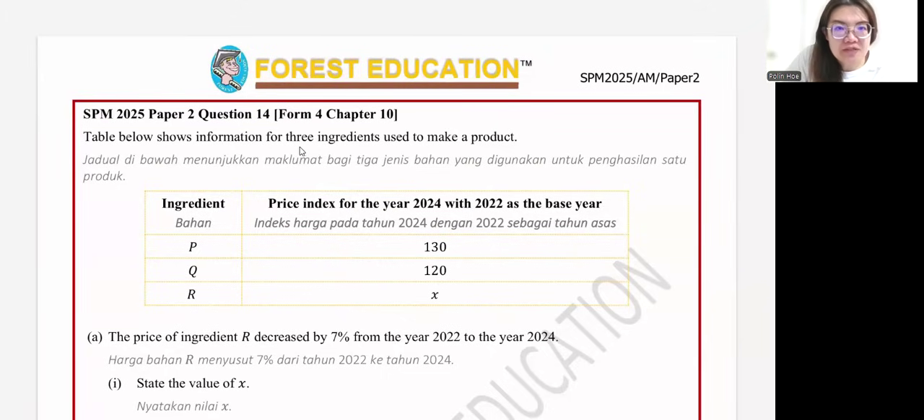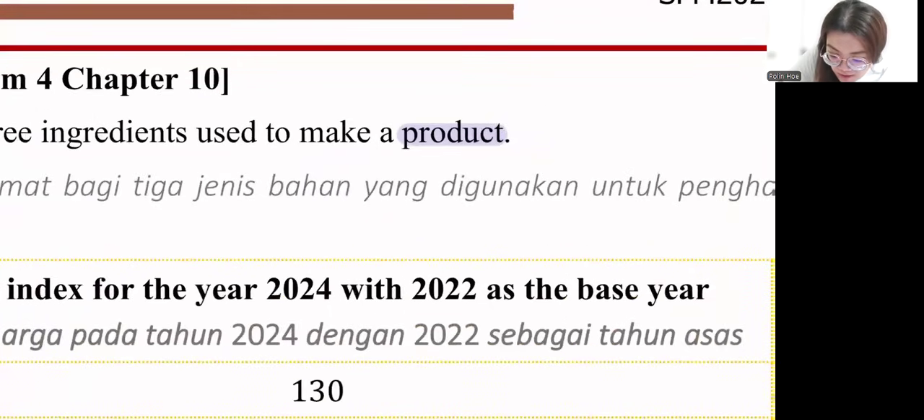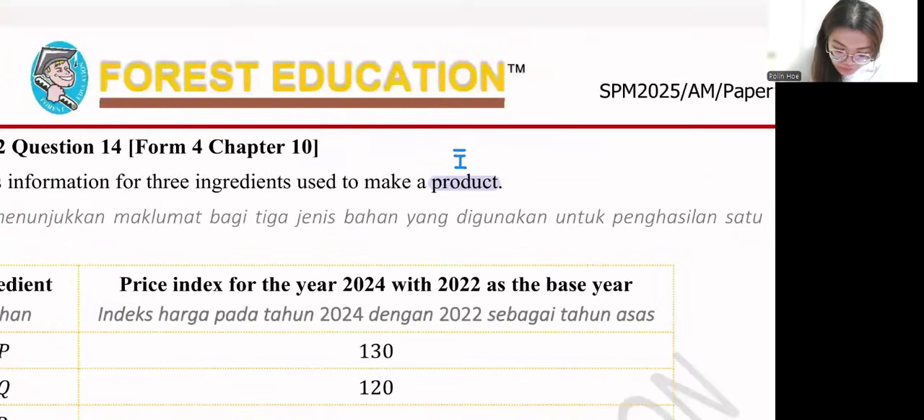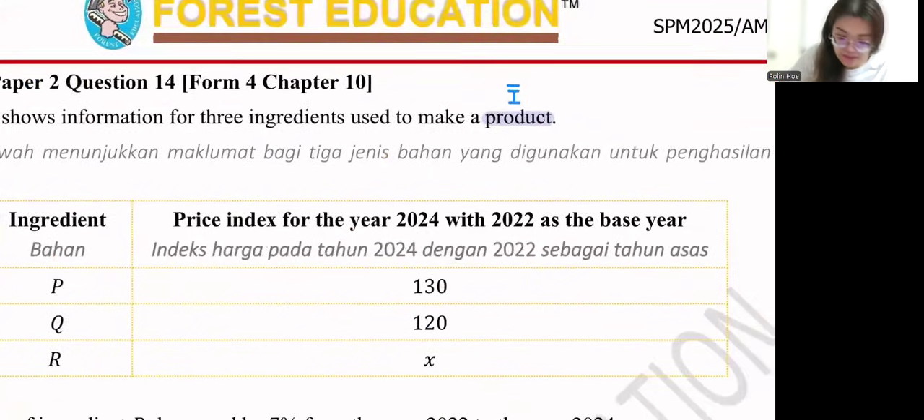Table below shows information of 3 ingredients used to make a product. Can you please highlight the word product? 这个是 composite index. Okay? When you see the word about the product, then you need to find composite index. If you see ingredient P, ingredient Q, ingredient R, then you use normal I without the bar on top. 它上面是没有 bar 的。